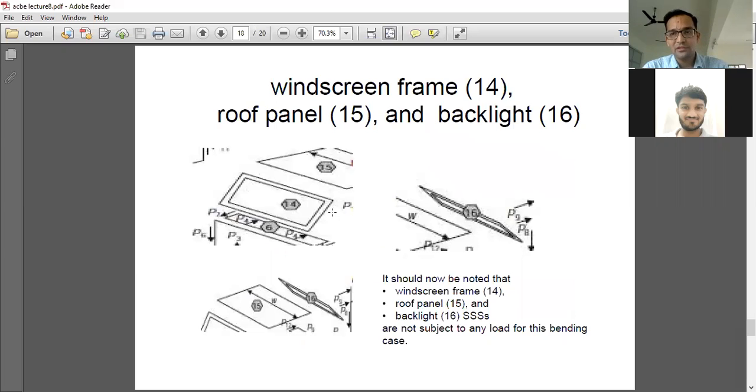And the most important factor is, look, the roof panel, the windscreen frame and back panel are having zero load condition. Why? Because the whole other frame is in equilibrium, so we consider that there is no load acting on the windscreen. You can even refer to your automobile, whether the glass of your four-wheeler or any commercial vehicle is getting cracks due to deformation of components. No, we have not found that yet in lakhs or millions of vehicles transporting on the road.